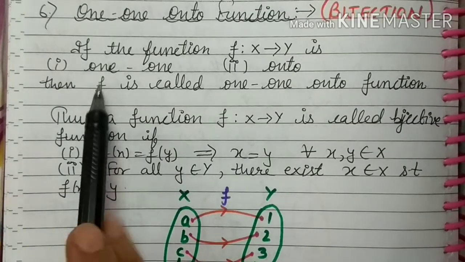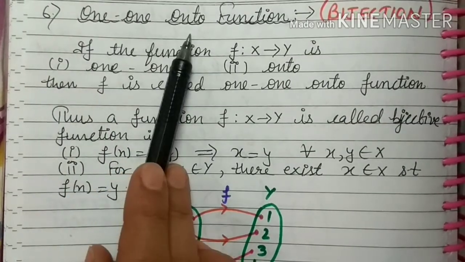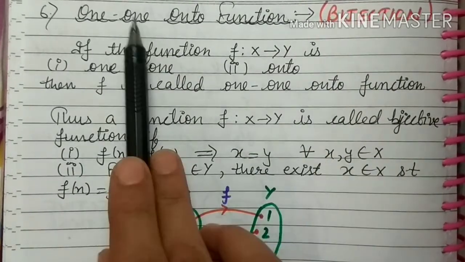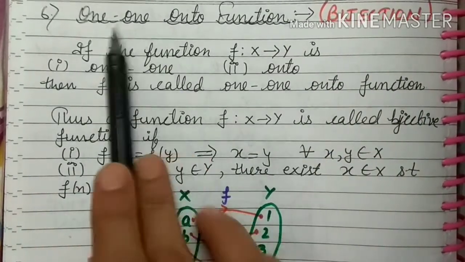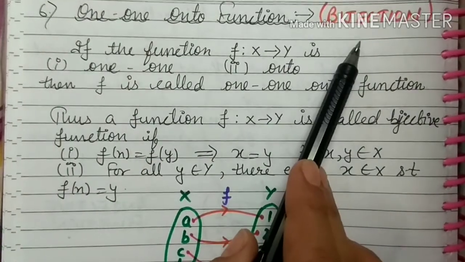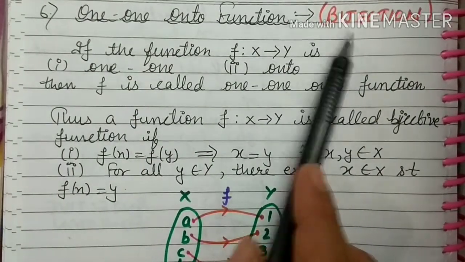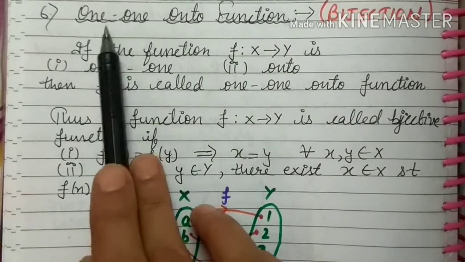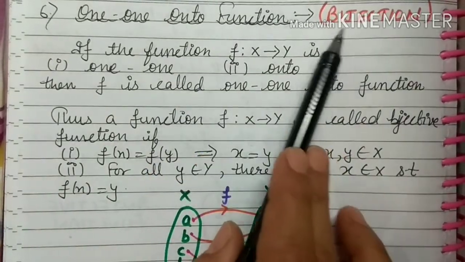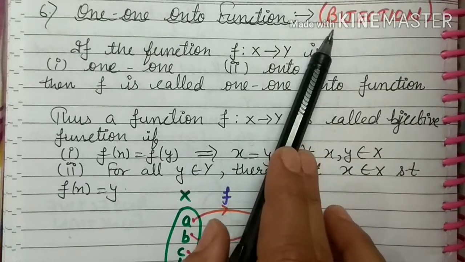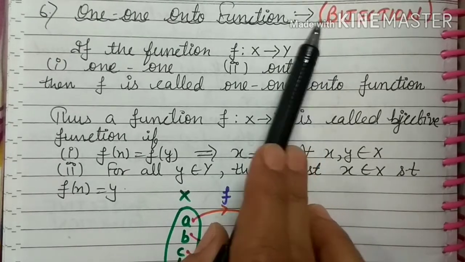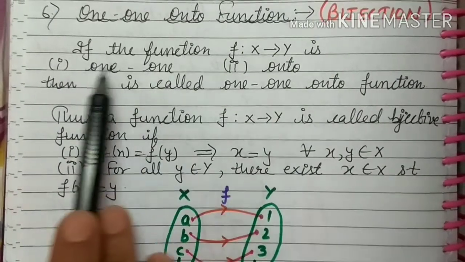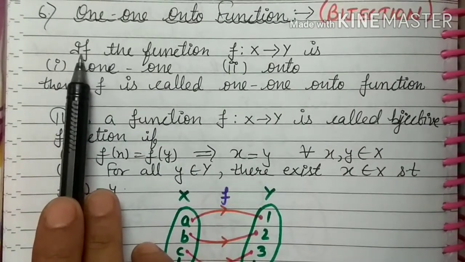The next we are going to discuss here is one-one onto function. I have written it as also bijection. The common name for both the functions is bijection. As we discussed, one-one is said to be injection and onto is said to be surjection. So the common name for the two functions is bijection. You know that bi stands for two in mathematical language. So bijection is one-one and onto. The two functions are combined here. So let us start with the definition.